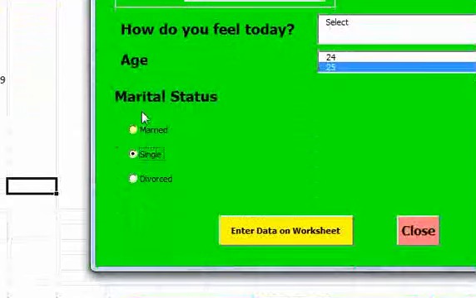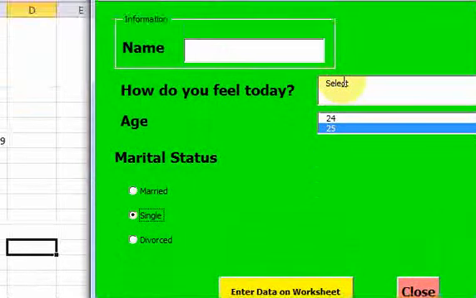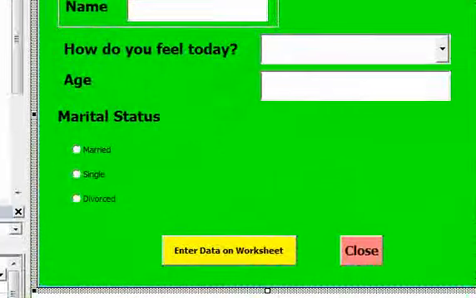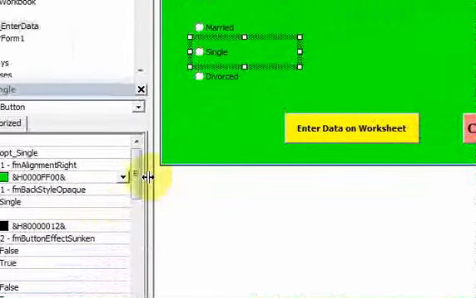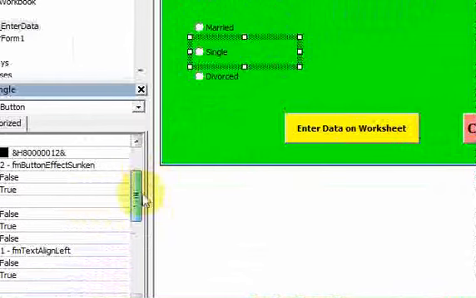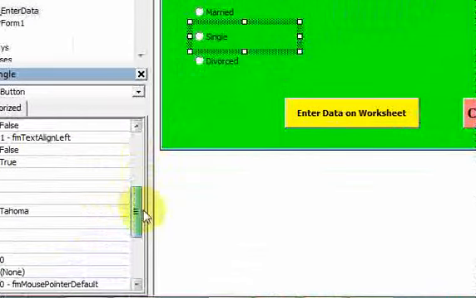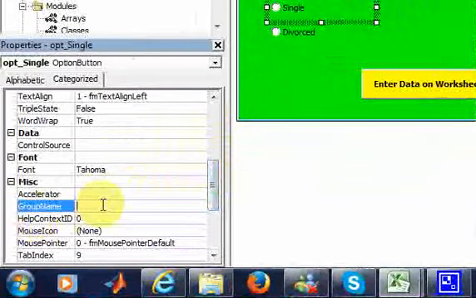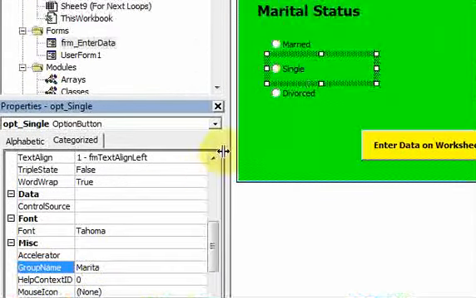These are sort of in a group because they all have the same group name, even though it's blank. If I put in here the group name of marital status for this single option button,